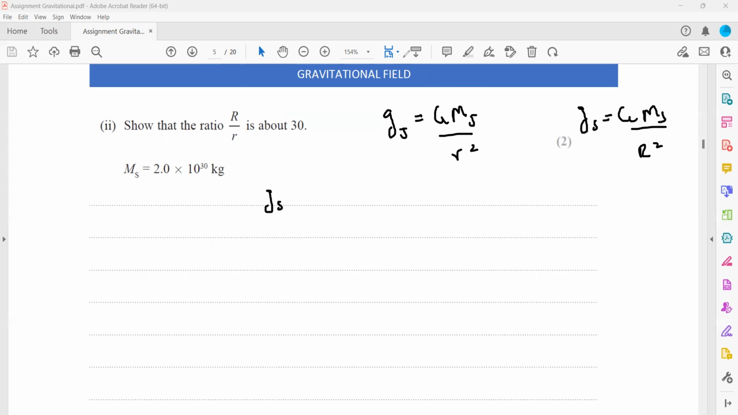So we can say the gravity of Jupiter is the same as the gravity of the Sun. Gravity of Jupiter is capital G, the mass of Jupiter, divided by small r squared, equals the gravity of the Sun, mass of the Sun over capital R squared. The gravitational constant will cancel out with each other. This r squared is divided on one side, so on the other side it will be multiplied. So it will become,